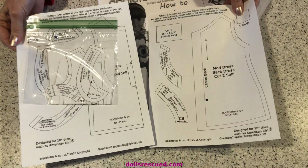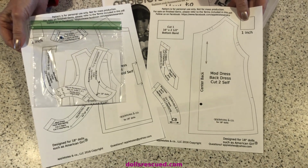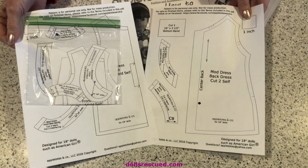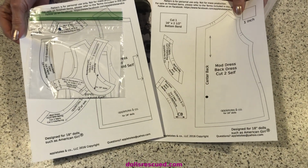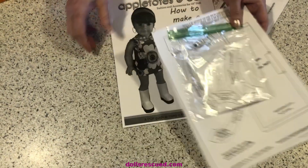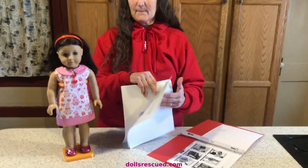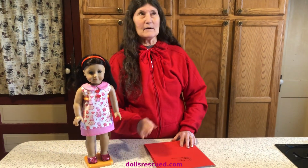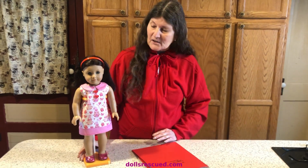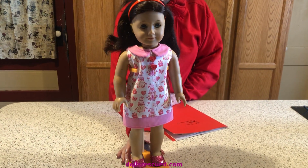Very easy pattern. I honestly don't know, I didn't time it, but a little over an hour from cutout to finish. And my new machine and I are getting along really well, I am happy to say, which means I am back to getting some things going around here, and oh, that feels so good. So here is my little AG and her little